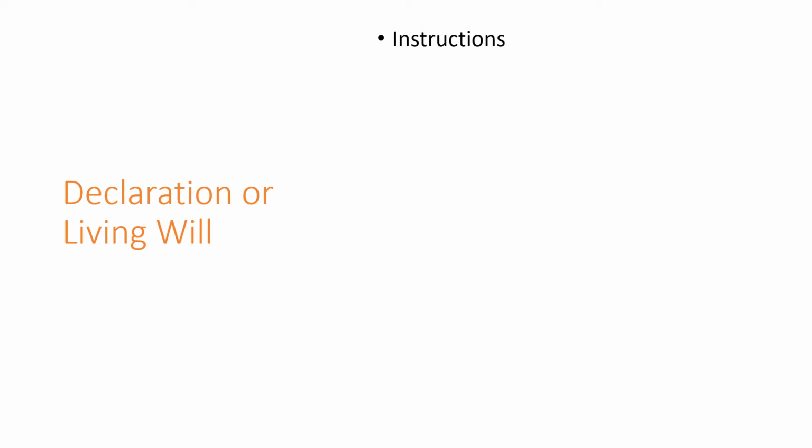Continuing on, you can provide instructions on the document itself. However, this is usually a very poor place to put any kind of instructions, because usually in these situations you aren't going to have people looking for a piece of paper. In these life or death situations, the medical people are going to first and foremost make you stable. They are then going to do whatever they can to assess the situation. They want to bring in that person named as the power of attorney to say, here are 3 treatment options, you tell us what to do.